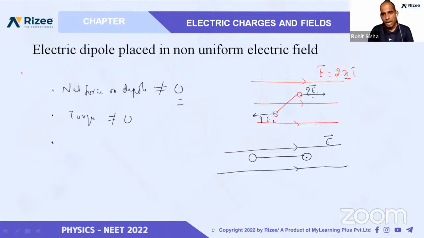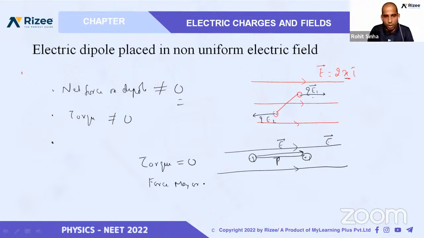Remember, these questions are asked in a certain reasoning type or some conceptual or theoretical question. If the electric field is this way, such that we have electric potential like this, and we have a dipole like this, such that dipole moment P becomes parallel to the electric field, in this case torque becomes zero. Torque becomes zero. If it is non-uniform, then force